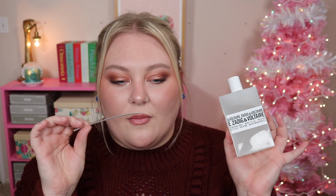might be a way to go, but you're gonna want something creamy for sure, because it's creamy. It's milky smelling, and I love that in a perfume. I love it, but it's a bizarre one. This is definitely weird. I think for a designer scent, it has its own kind